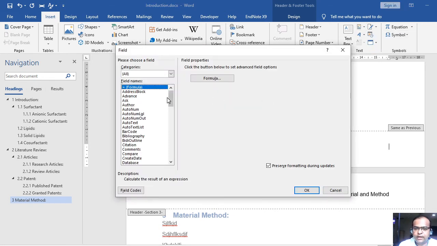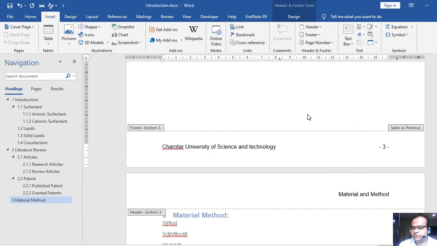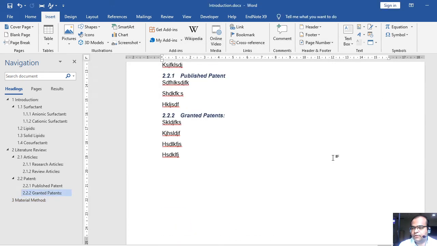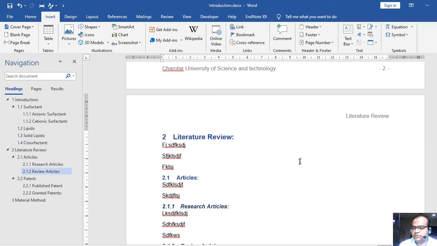In Field you may add lots of fields, like author's name, bibliography, and lots of other options. So I will select the page number. You may even update the print date, whatever your requirement. I will select the format and then I will just insert it. So here is my page number 3, page number 2, page number 1, all is now set.